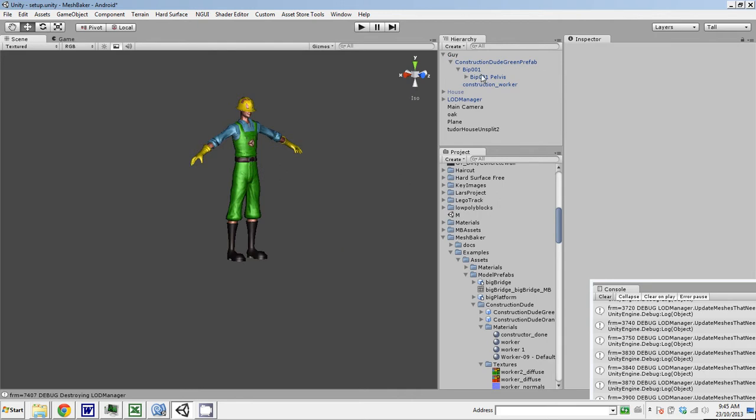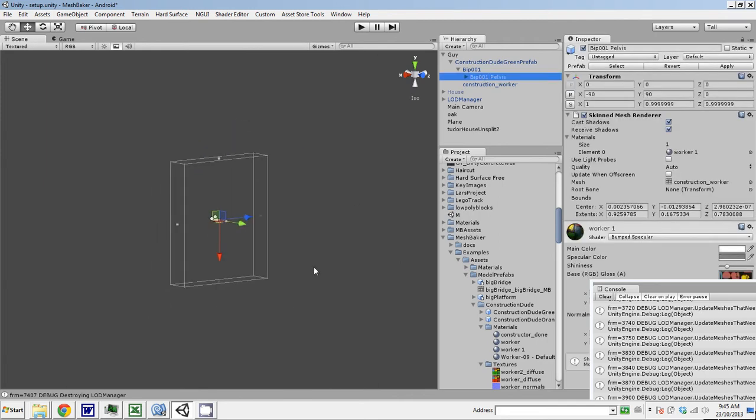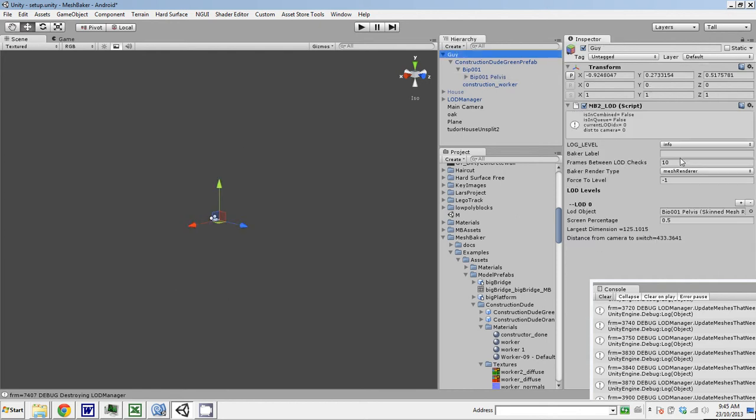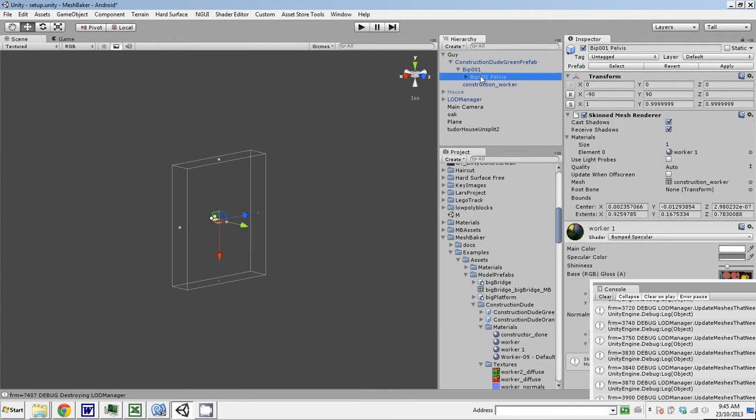So the reason that's happening is because on this particular model, the render bounds are a crazy amount. So Mesh Baker LOD, when it's doing this calculation, is using the render bounds, and the largest dimension of the render bounds is 125. So that's why this is being displayed, so you can understand in situations like this, which is way bigger than the actual model. So we need to fix that. We need to make this render bound something reasonable. So let's bring that down